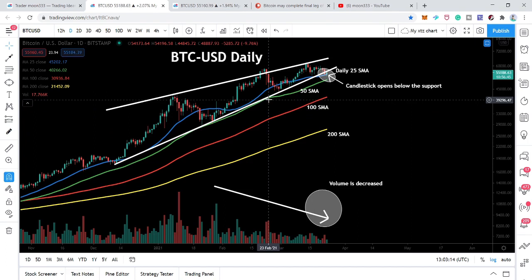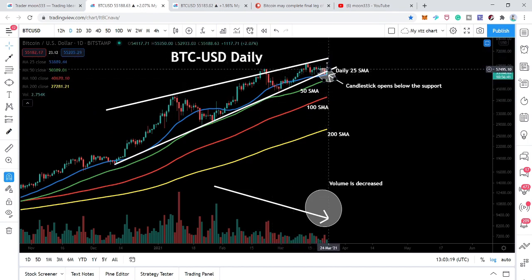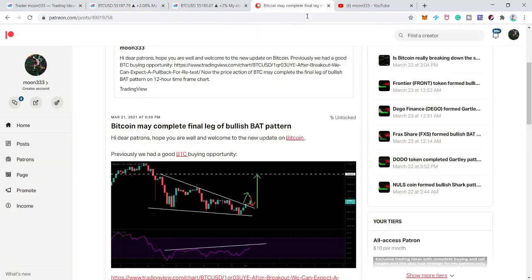But in this bullish market, it is also possible for the Bitcoin to break out this resistance, rather than breaking down this support. And the Bitcoin did so many times during this bull run. Okay, we will analyze this chart, but before this, I want to show you this chart that I shared yesterday